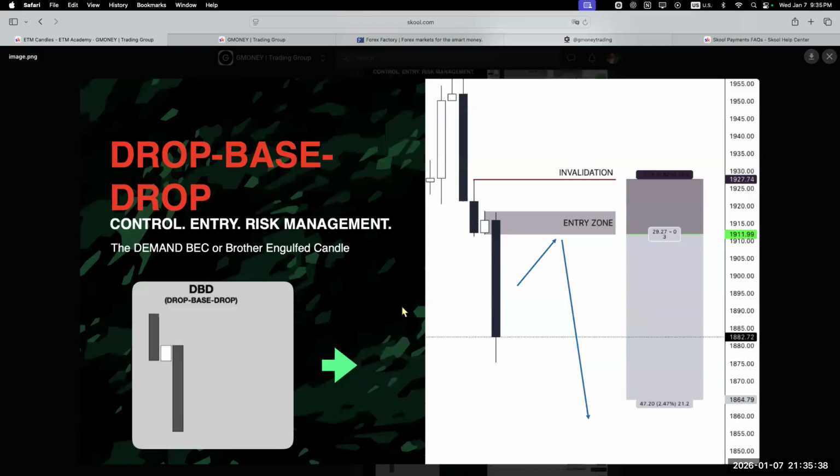Every ETM candle has a control, an entry, and how to risk manage it. The drop base drop pattern is simply that right here. Once you spot it, control means we're looking for sales. Where do I enter? Ideally, you look at the base for entry,